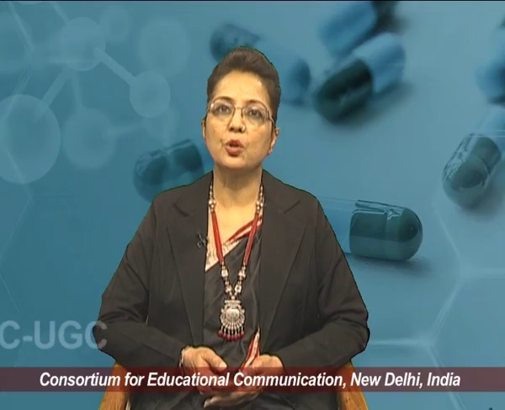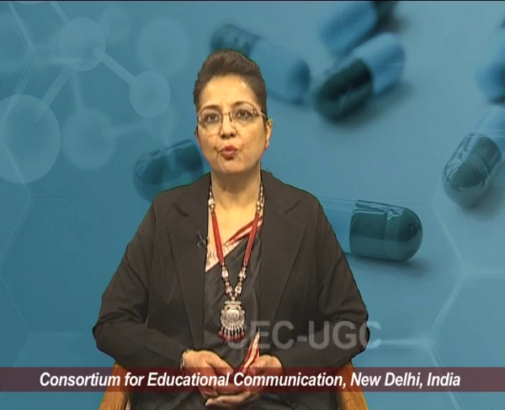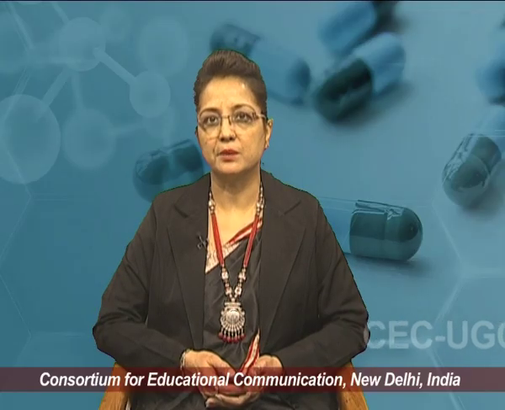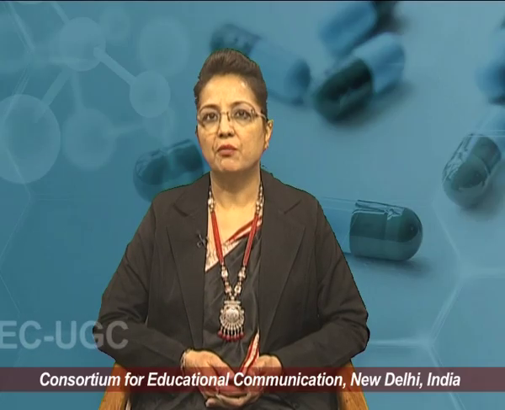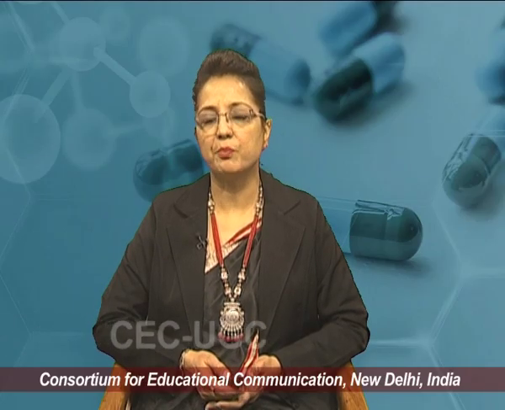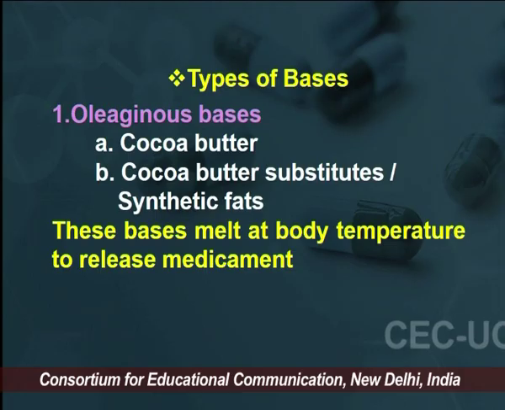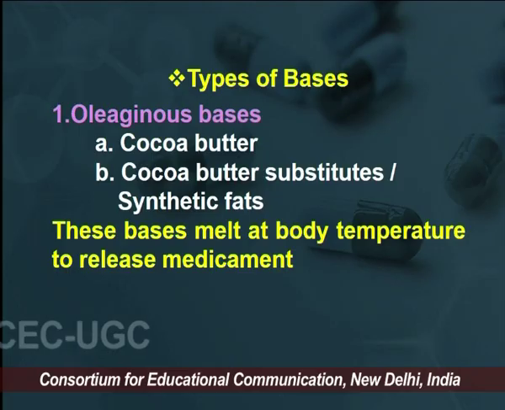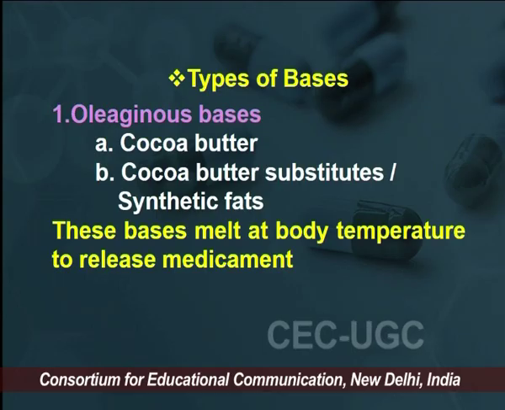Having understood the qualities of a suppository base, we now get into what are the different types of bases. The bases can be classified based on their nature. First and foremost is an oleaginous base. As the name indicates, oleaginous bases are oil-based bases. So, when they are oil-based, they do not dissolve. They in fact melt at body temperature, and that is the mechanism by which the drug which is loaded in